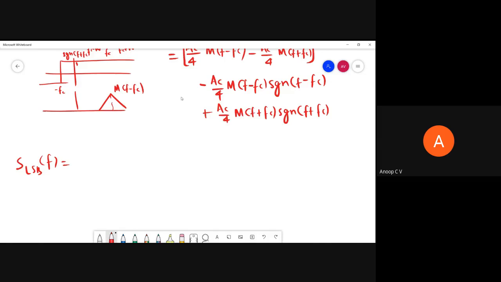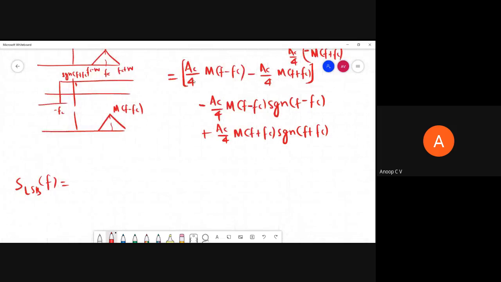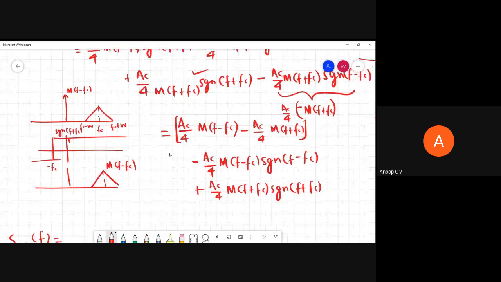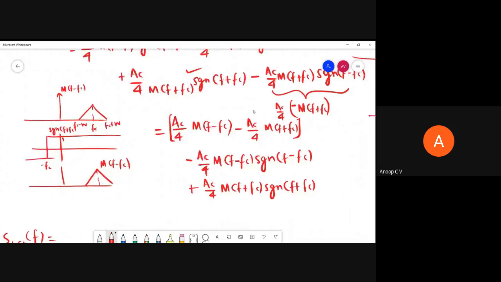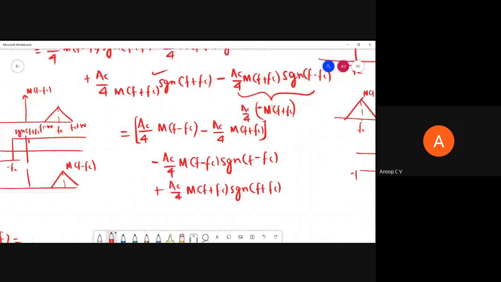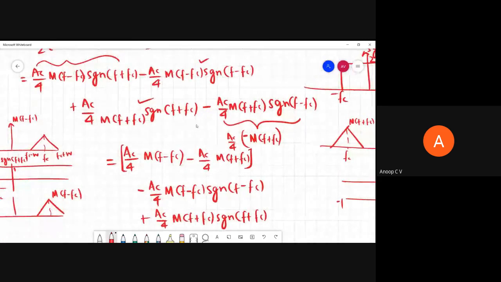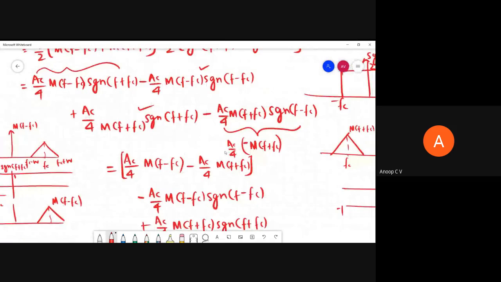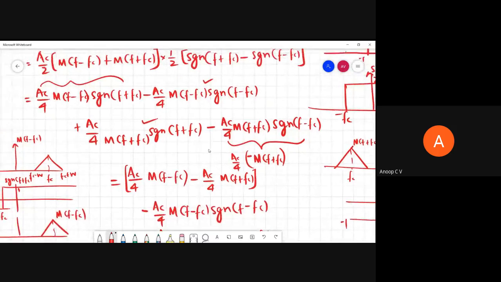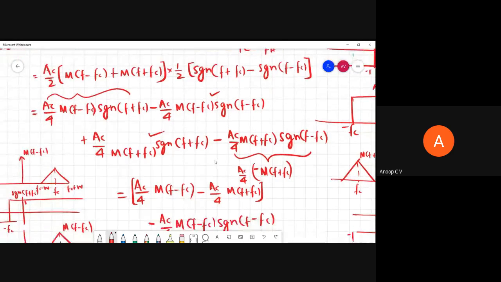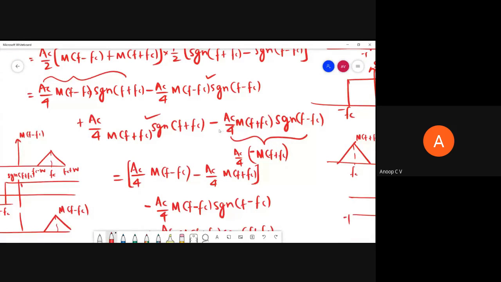I'm just going to rearrange it. The first term has an AC by 4, m of f plus fc and m of f minus fc. Did I make any mistake anywhere? The last term, AC by 4 m of f minus fc, is it plus or minus? This last term is minus, right? So I made a mistake here. If you just see where I replaced